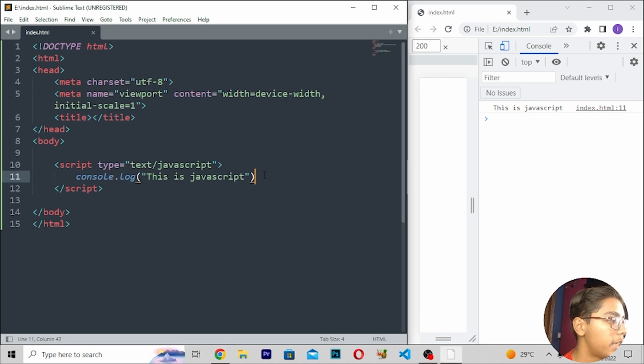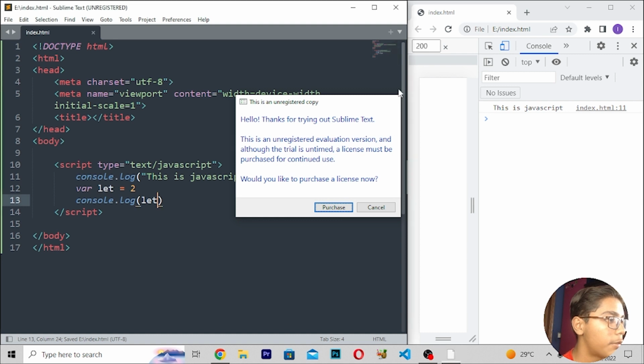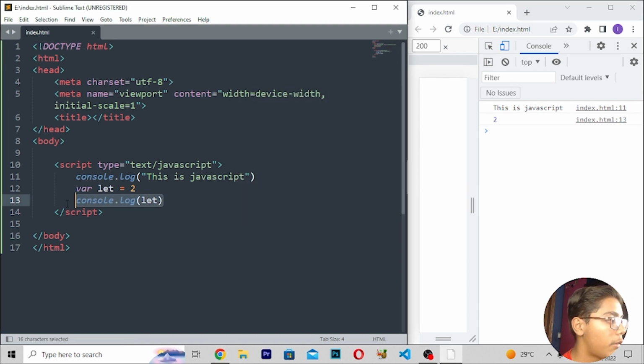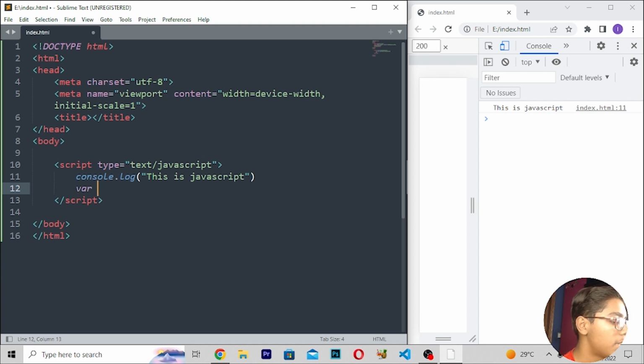Now if you want to write more text, you can use let equals 2, then write console.log, and then write let. Save, then reload, and you will get this 2 written here. If you write it like this, save this, then reload, you can see nothing is showing because it is giving some error here. So you can use these variables like this, and now we have to build that project. When you have written this, you can write var equals to, and then I will use the let tag equals to variables in JavaScript.